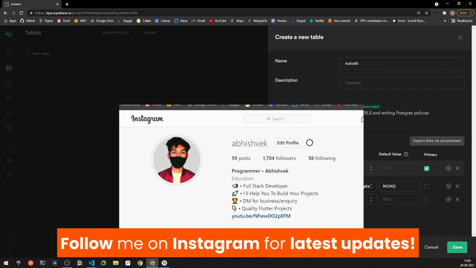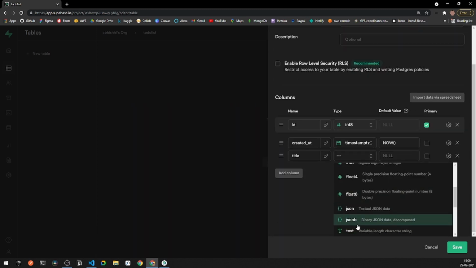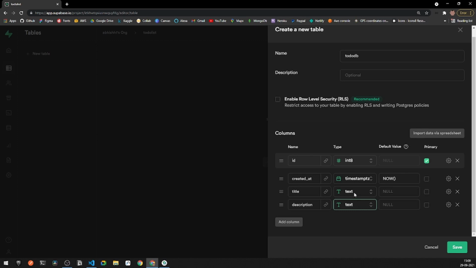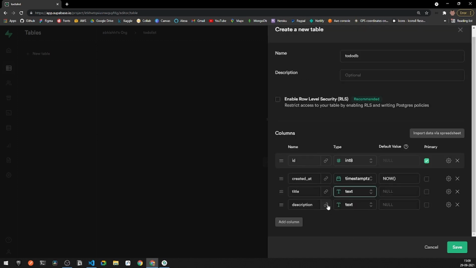Now what I will be doing, I will be adding here a column to be todo title. So instead of todo title, I can simply say title itself. Now the type of title will be text, so we can write here text. Now you can also add a default value, but for now I will be saying it to be null. After this, I will be adding some description of our to-do list. Right, so I have got a description, and also the type is text. Now you can see there are a large variety of types that we can add, but for now text will be good to go.